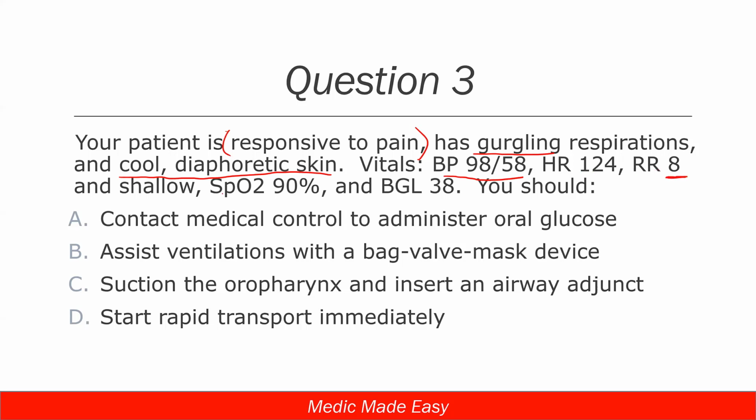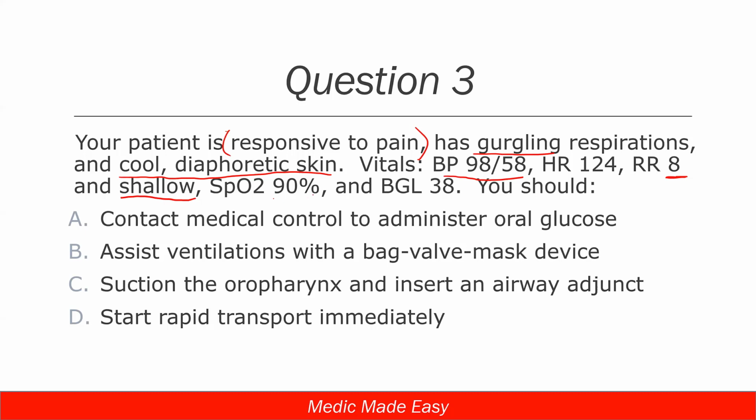Respiratory rate of 8, I'm not thrilled with that number, and I'm really not happy about that word shallow. That's one that I tell you, just take to the bank. If you see that word shallow, it's telling us they're not breathing adequately, and bagging that patient is one of the things that we will do for this patient. It may not be the thing that we do first, but we will do it. It has to be on that table.